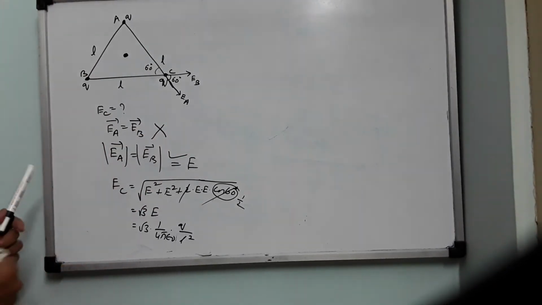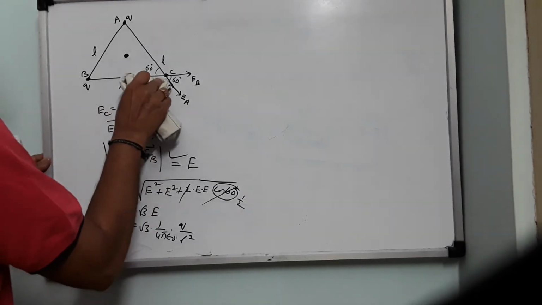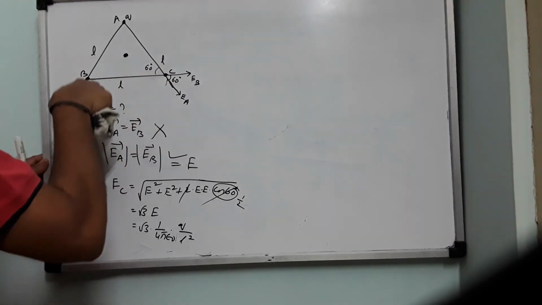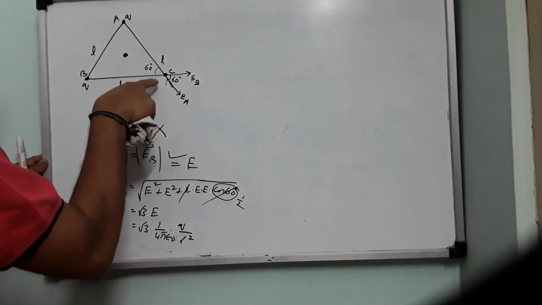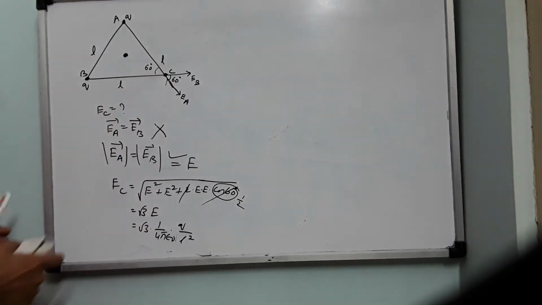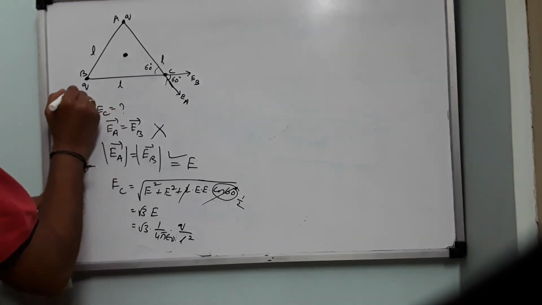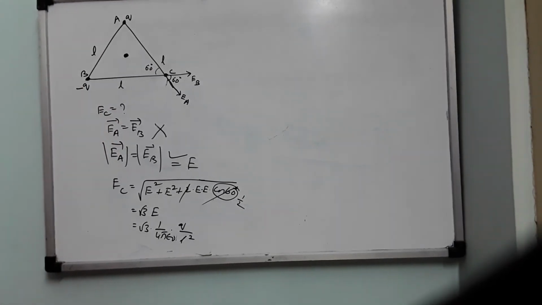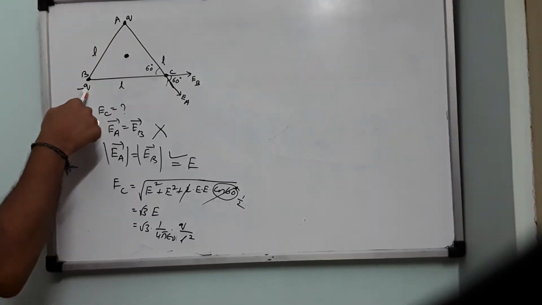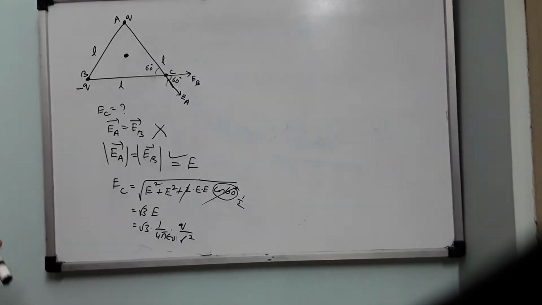Right. Now, in this question, the question was like this. Equilateral triangle of side L, two equal charges Q and Q are placed at the two vertices. What is the net electric field at the third vertex or vacant vertex? Right. Now what do I do? I make this as minus Q. Plus Q is at vertex A, minus Q is at vertex B, and net electric field at point C is to be calculated. Now what will change?